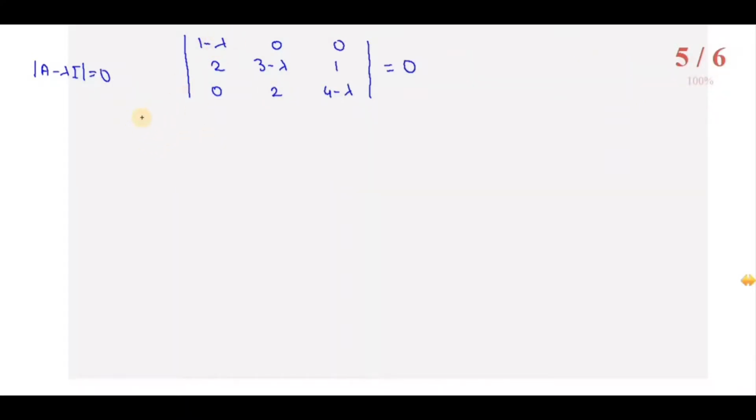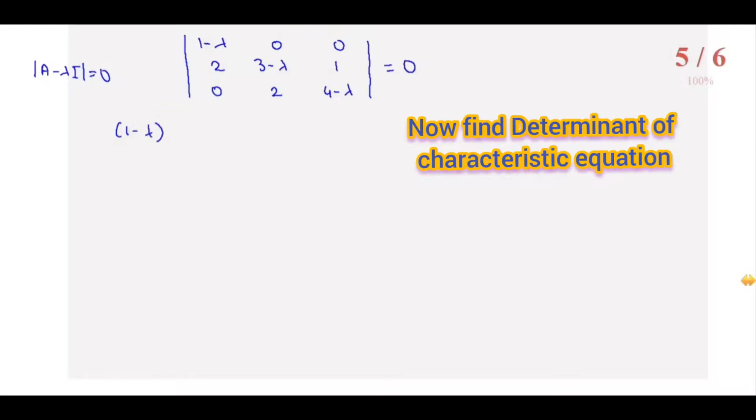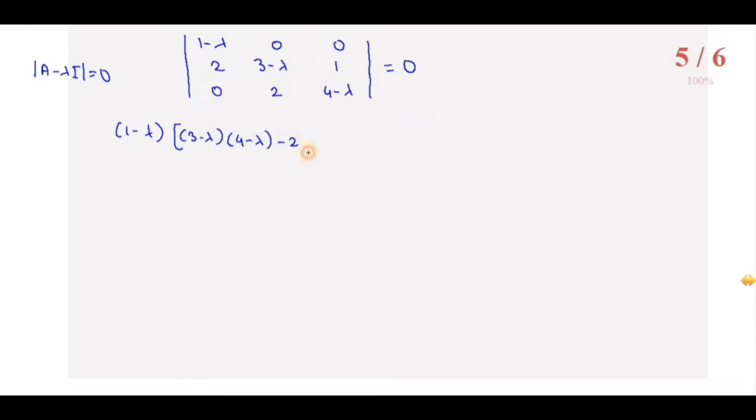So we are taking the determinant. First, plus 1 minus lambda, hiding the first row and first column, so we get the multiplication of these two: 3 minus lambda into 4 minus lambda minus 2 into 1, that is 2. Then minus 0 times this, hiding this row and this column. So the remaining terms are all 0 because we are multiplying with a 0. So we will concentrate on the first term only.